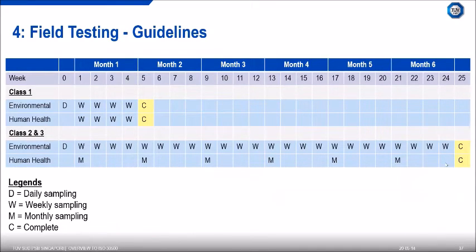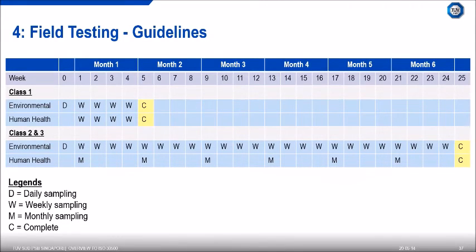This slide here shows better visualization of the different class and the different frequency of testing. As you can see, the W here is weekly basis sampling or testing, and then M here is monthly, C is when it completes the test, and then you notice here there's D, there's daily sampling. This is required